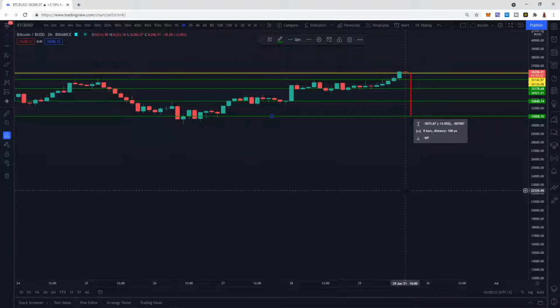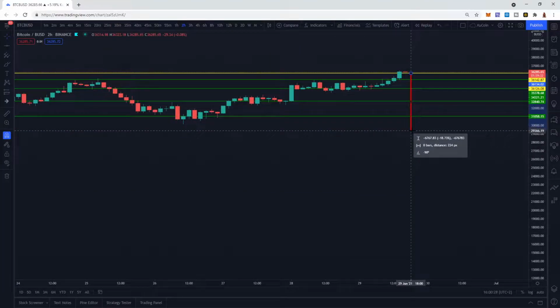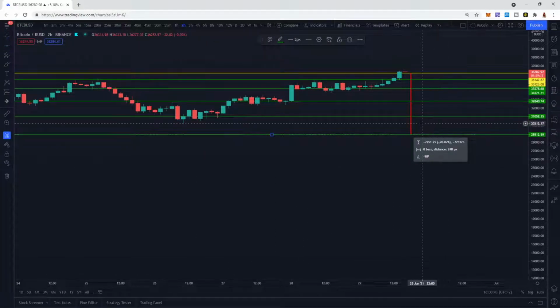As they move between the green and red lines, they'll make profit. And if they move outside of these lines, or my last red line were eaten up, I'll just reset this strategy. So it's basically stacking and dollar cost averaging down.